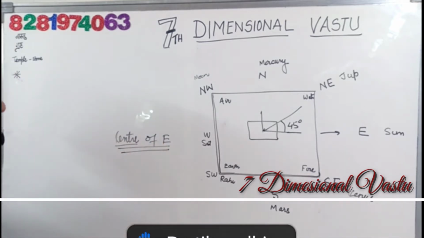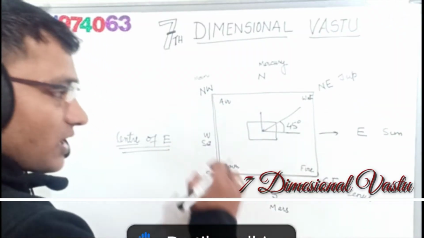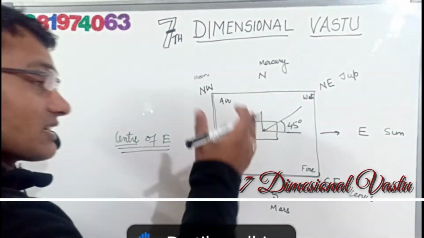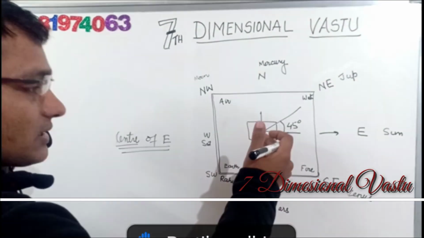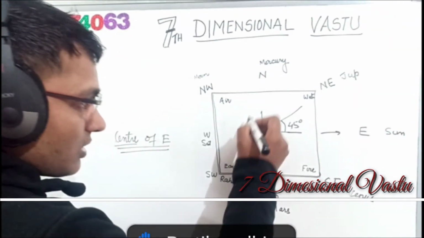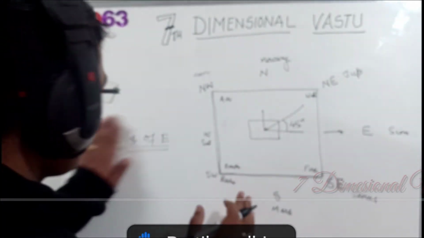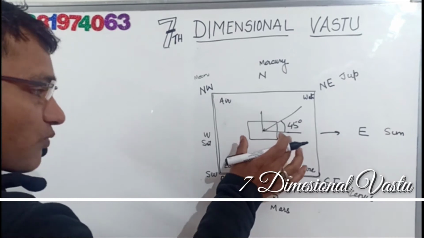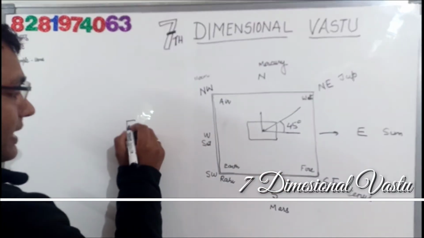Center of energy means the place from where the complete energy of the house is disseminating, spreading, distributing. There will be segregation, a movement of your house energy from this center. That's why you should always remember this tip of Vastu: the Brahmisthan should always be empty.